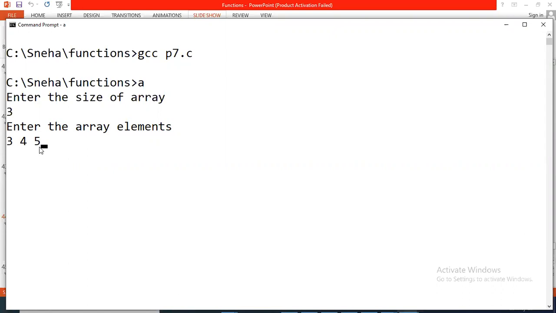If you want, you can print all the array elements and check also, right? All the non-prime numbers should get changed to 0, and we have to print only the prime numbers. So according to this, we have to print only 3 and 5, right? So here we give 3, 4, 5 as input, and next we have to print that. So prime numbers are 3, 5. Is this clear? Did you understand this problem?